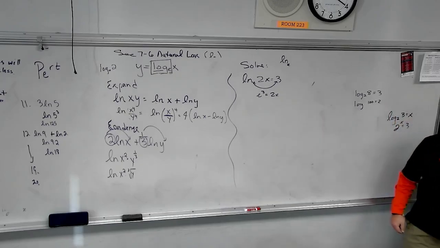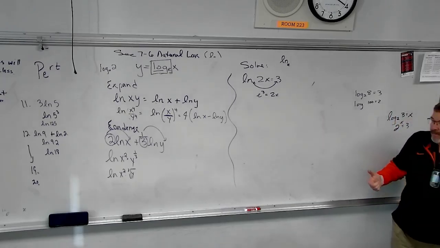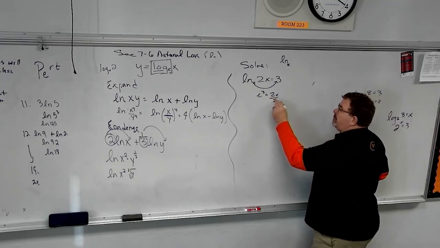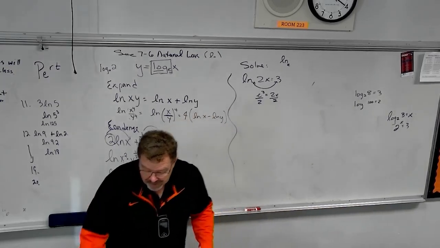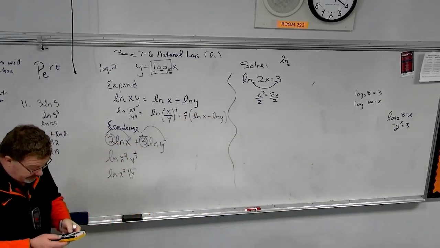How do you get x by itself? Divide by 2. Try this on your calculators. Take e to the third divided by 2. Okay? So e to the third